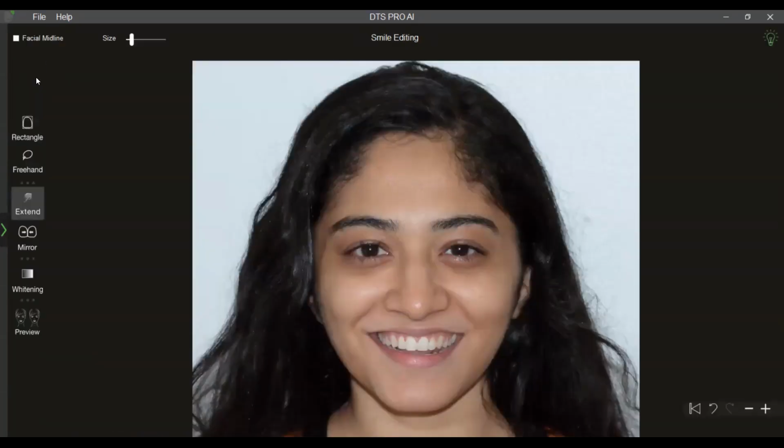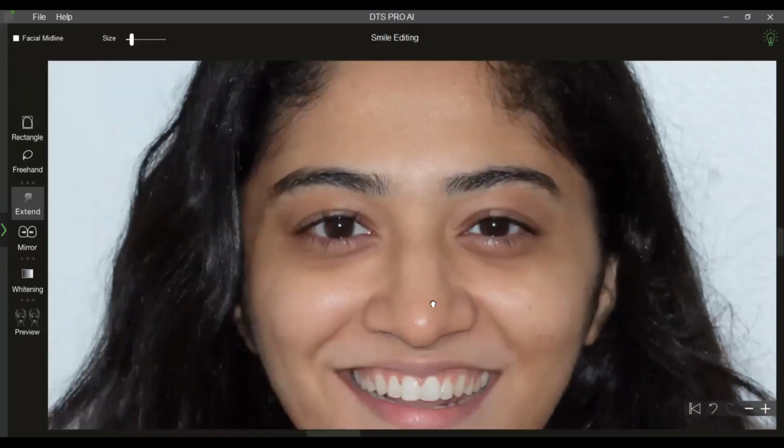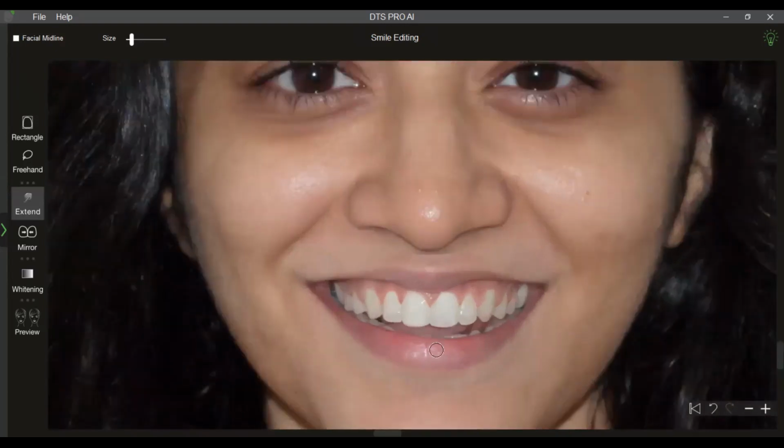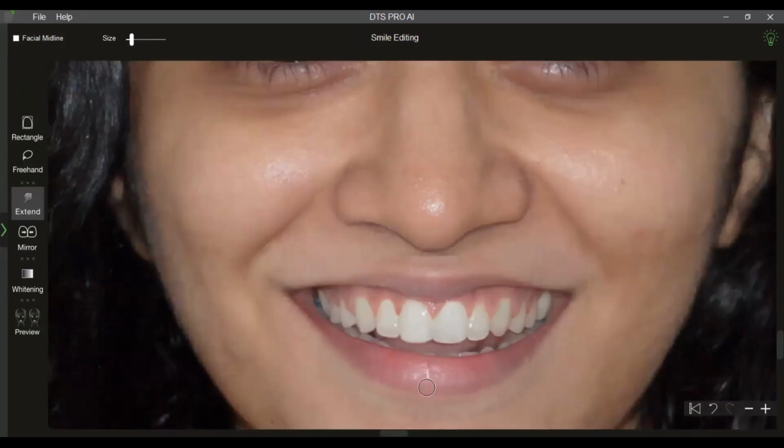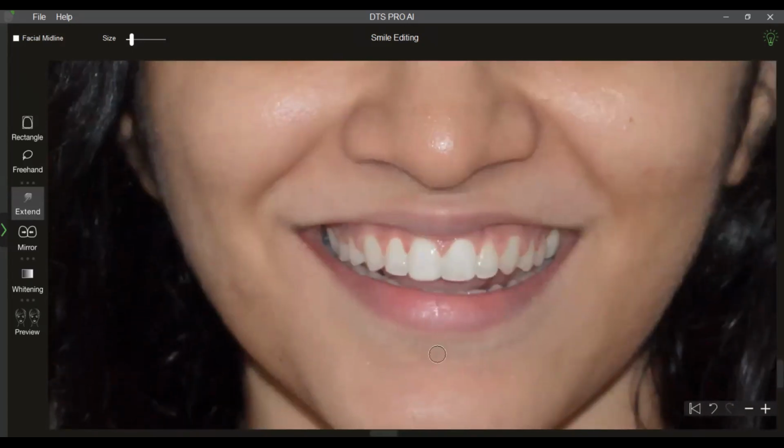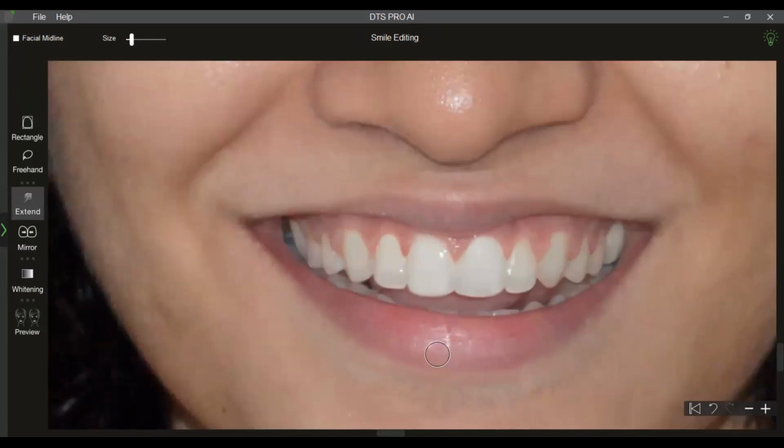So as we know, for any additive cases, we can always do intraoral mock-ups, chair-side mock-ups and show to the patient. But whenever there is any reduction or whenever there are cases which need irreversible change, for example, crown lengthening or some cutting of the tooth structure, the only way we can show the patient proposed changes is using simulations, right?